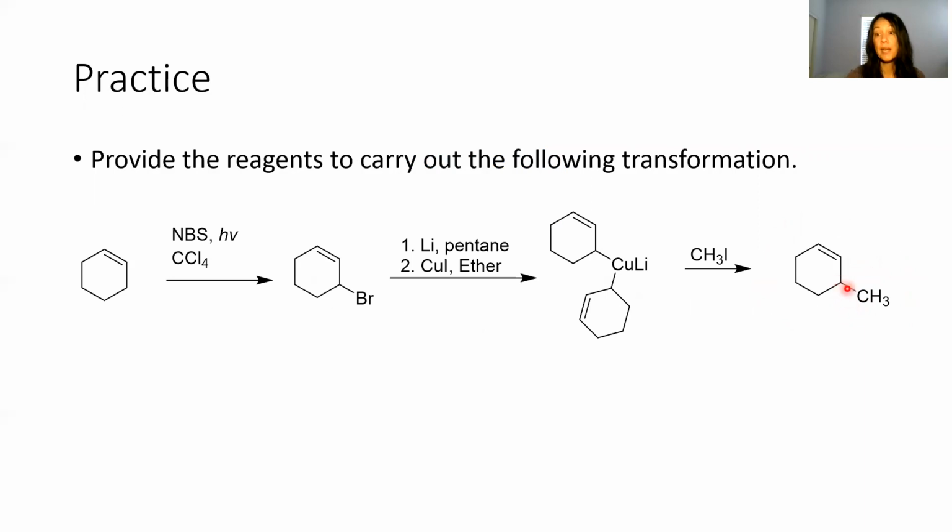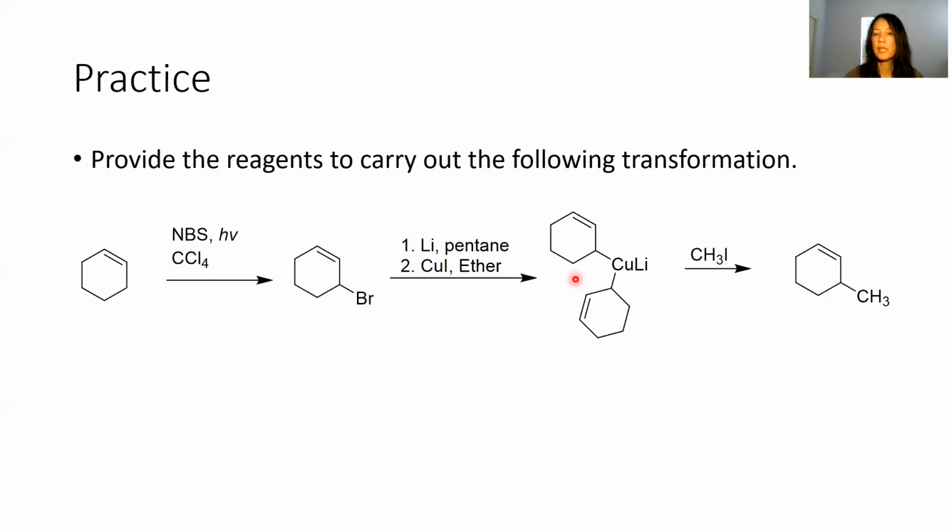So to do that, you need a handle here. And to put a handle in, you can install a bromine. How do you do that? That's an allylic position, so start thinking radical chemistry. Specifically NBS, light, carbon tetrachloride can generate a radical in this position. And then you can generate the lithium reagent, the alkyl lithium compound, treat it with copper iodide and ether to